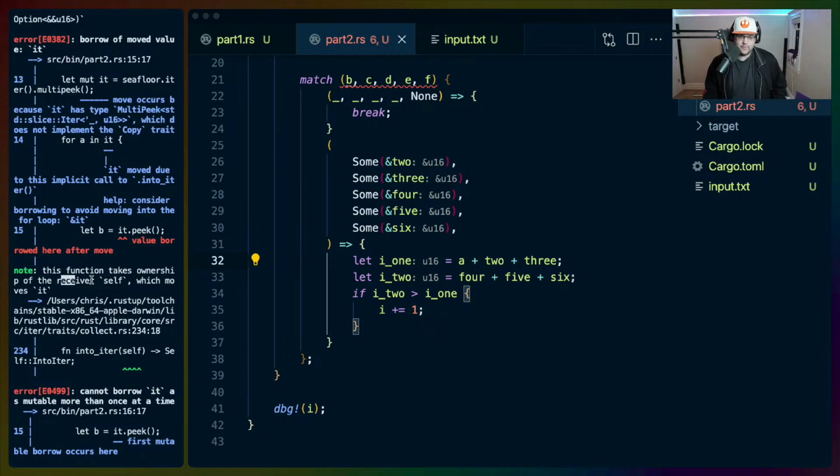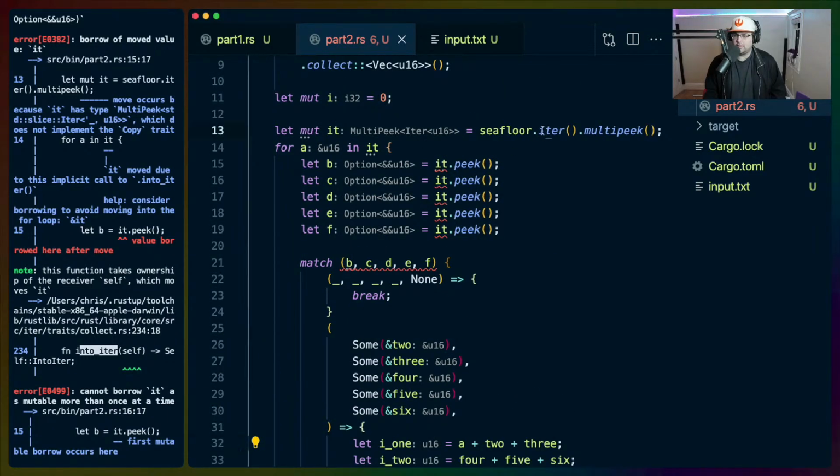The function takes ownership of the receiver self, which involves it. Into iter. Why are we calling into?